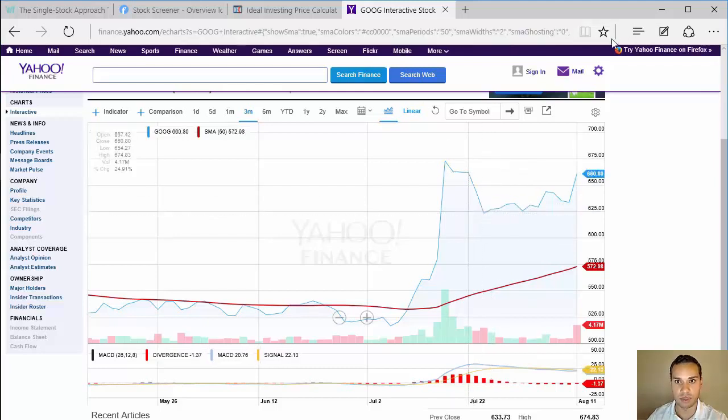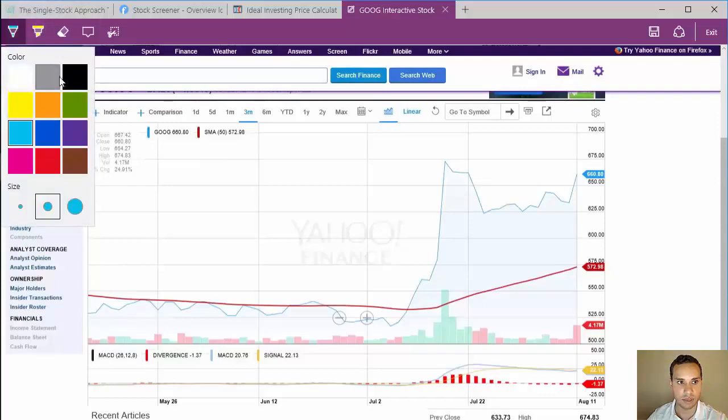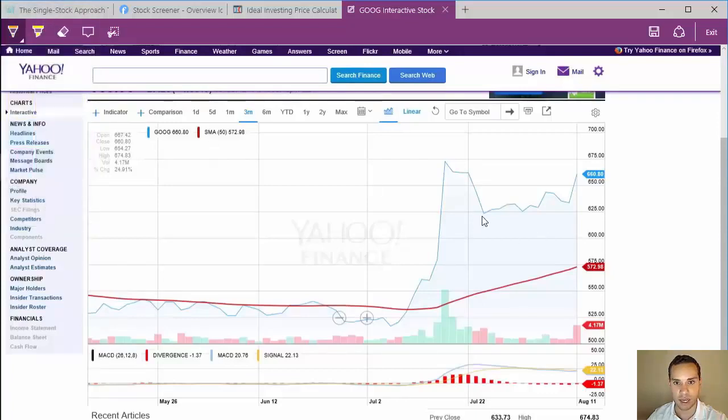Let's do this. I'm going to draw a line here to kind of show you what I'm talking about. Once it bottoms out, it creates a new support. And we can see this is a new support. So we're going to say now we're kind of in this